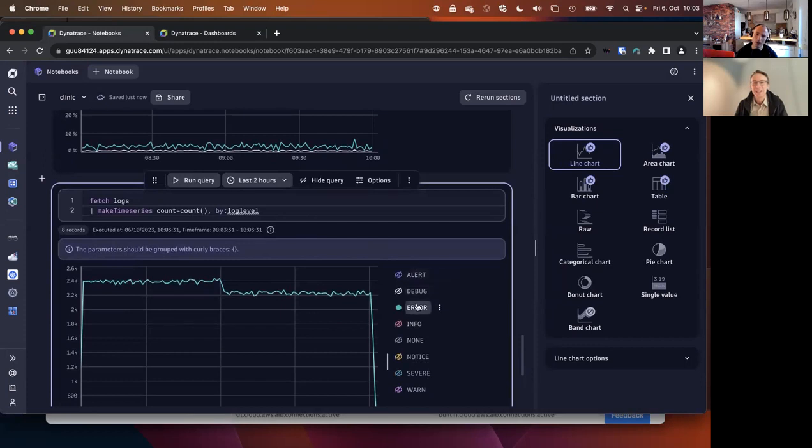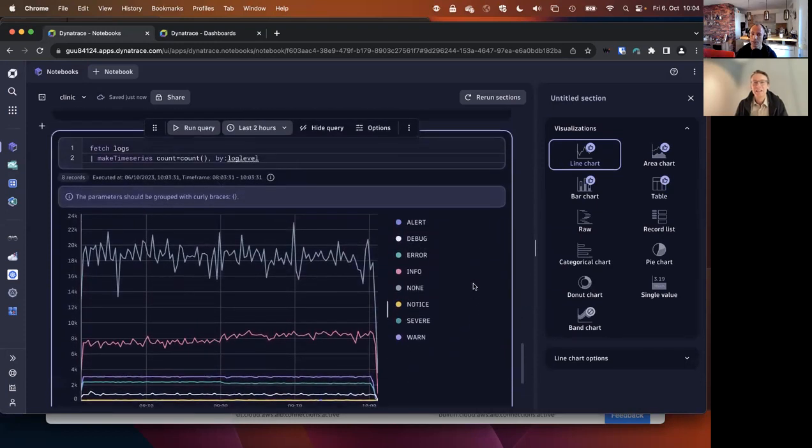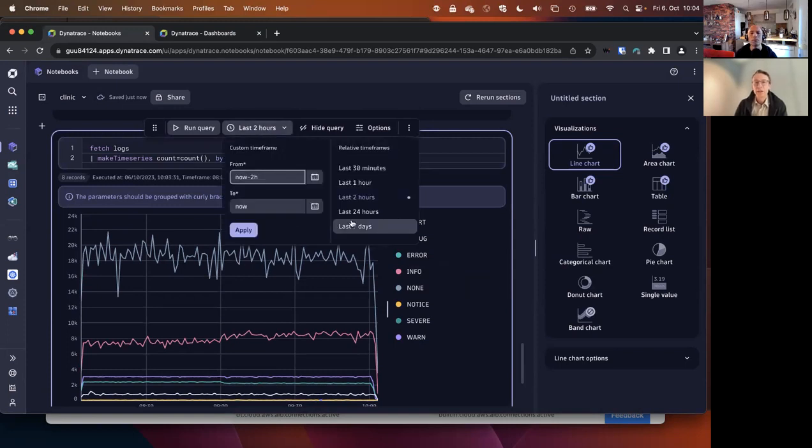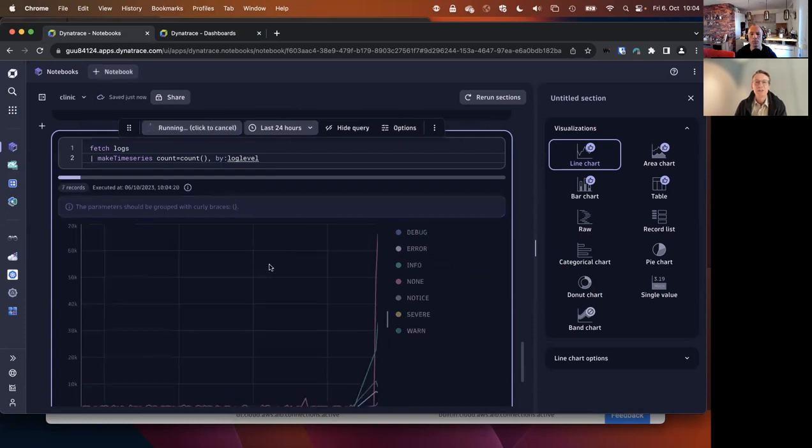Quick question for you though. So the difference between the make time series and the summarize, because the summarize would also allow me to do the same thing. But the difference is it behaves then as a time series, meaning with the interval, with the start and the end time, and then you can do, okay, that's awesome. Yeah, perfect. It's really cool. It's exactly that. And so if I do last 24 hours, I will get,